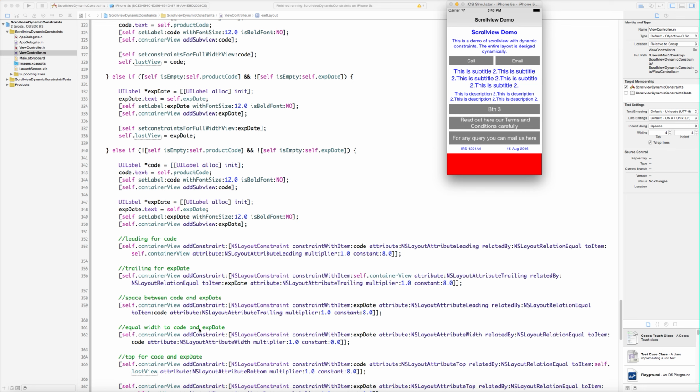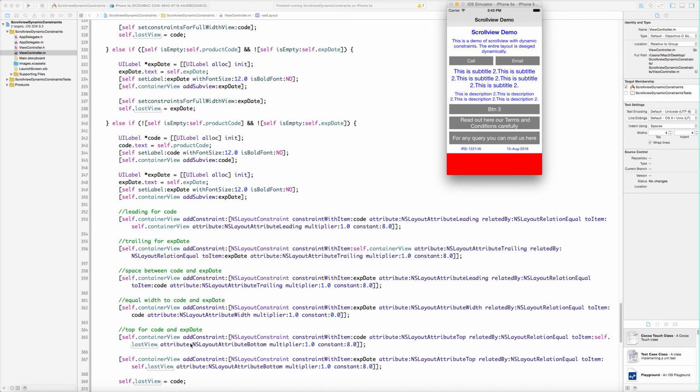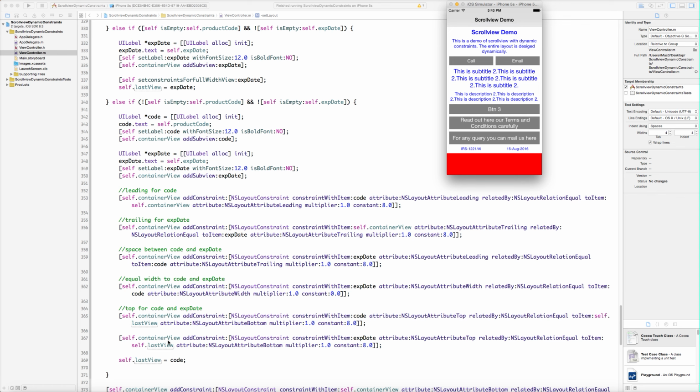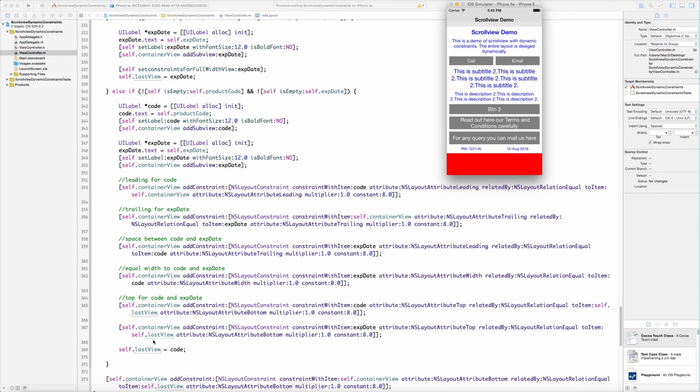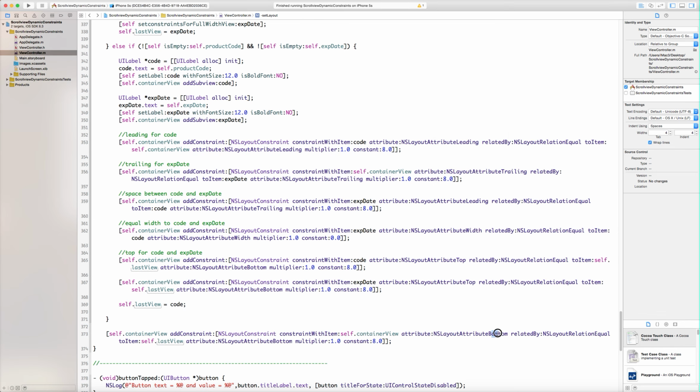And then this is the constraint for the equal width for both of the labels, and then the top constraint for both of the labels, and then assign it to the last view. And at last we have given the bottom constraint to the last view. This is because the scroll view's content size depends on the constraints given to its subviews, so we need to make sure that none of the constraints break.